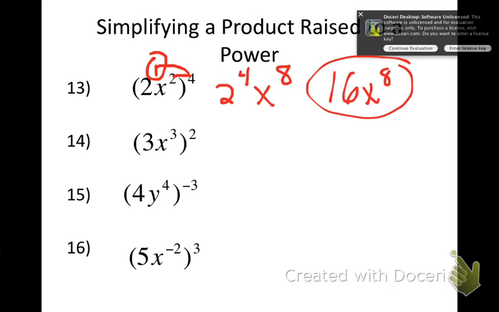Alright, let's start walking through these. Number 14. Jarrett, what do you have for an answer number 14? 9x. Nice job, sir. 9x to the 6th is correct. Number 15 might have been tough. We had a negative exponent on there. Andy, do you have the answer number 15? -64